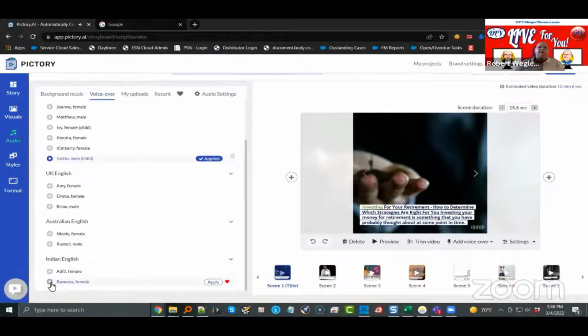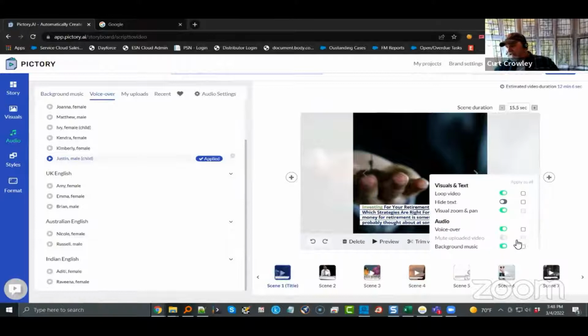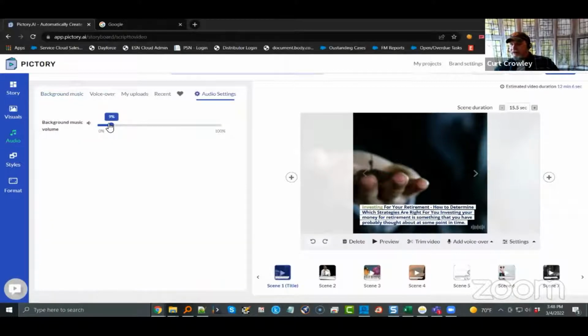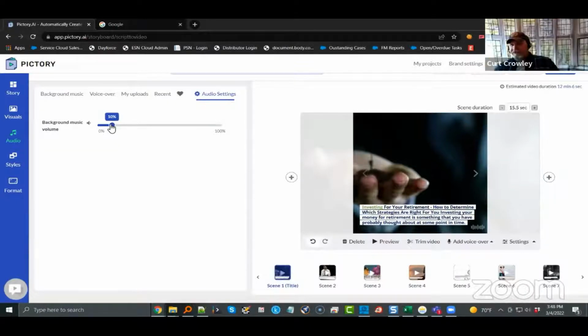One more question, because this is one of my pet peeves. Can you add the music to the background at a lower volume? You can adjust the settings. Let me look at the background music, and it's selected there. Audio settings, right there. Nice. That's the bomb, because sometimes the music's so loud you can't hear the voice. It defaults to 10%, so it's not overbearing. Perfect.